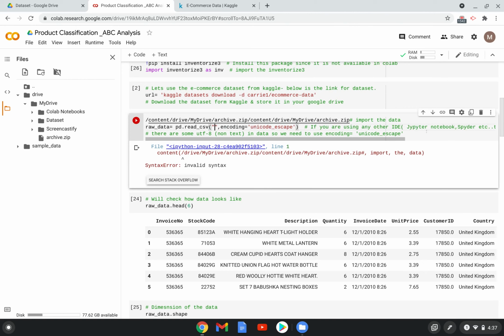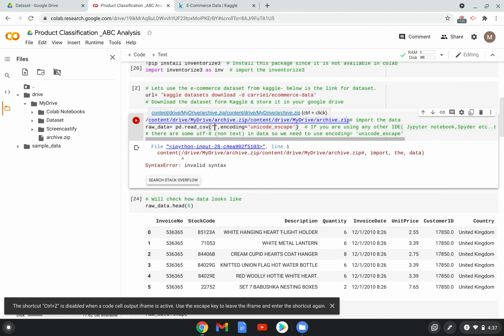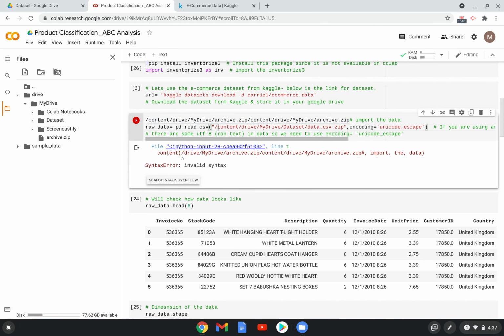Okay, I removed this. Something happened. Okay, I pasted in the wrong location. Let me just paste that. All right, now it is done. Let's execute this.